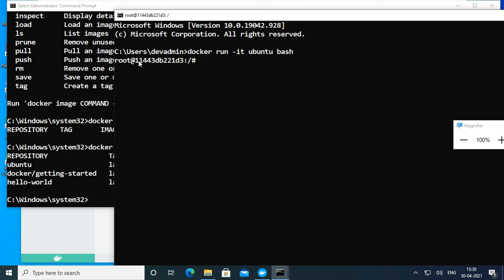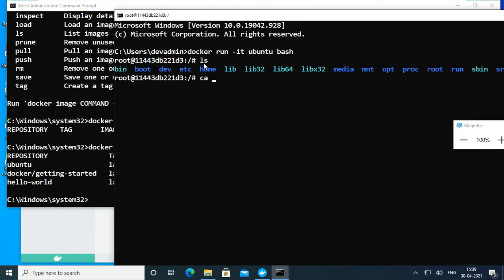Remember this name. And this is ubuntu. Can you see this is ubuntu? The file structure: bin, boot, dev, and I log in as root. If I want to install something, I can install it. If I want to do anything, I can do it. Anything you want to see, cat /etc/ubuntu note.